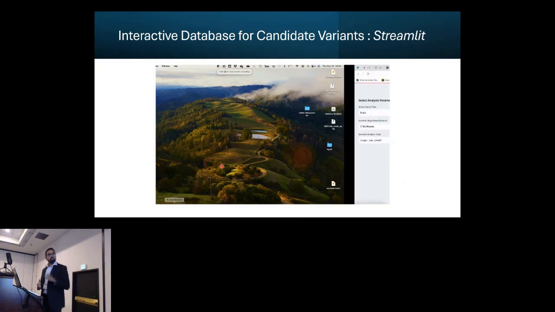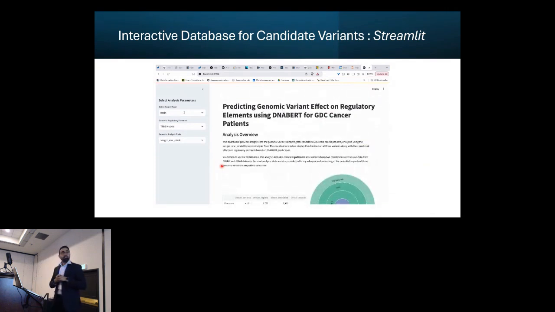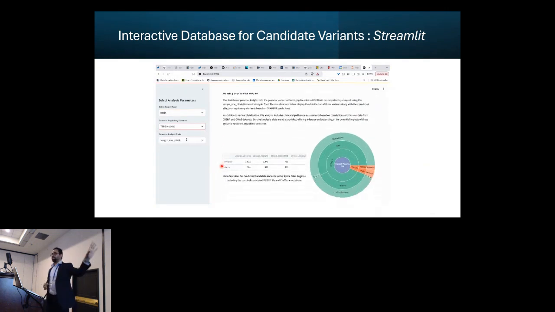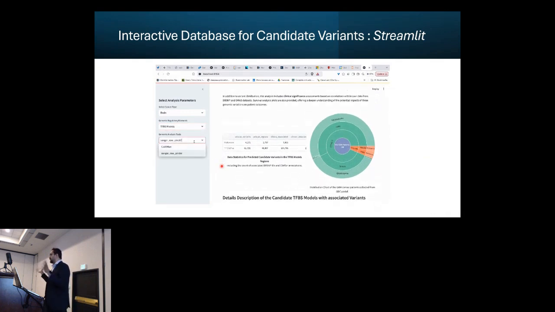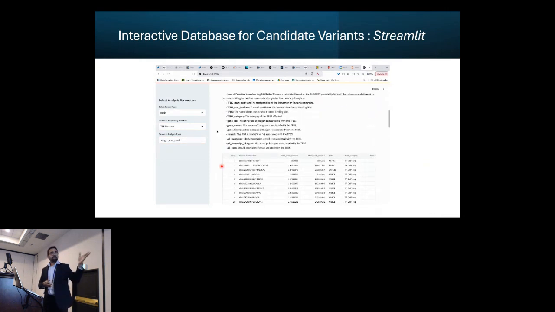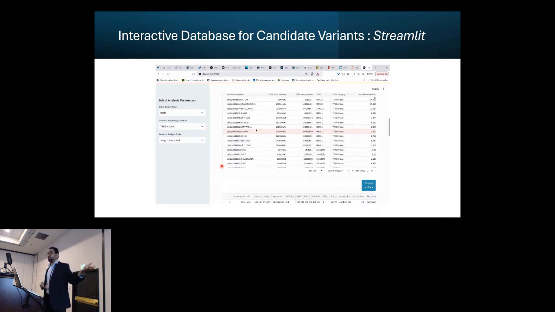So though we created the candidate variants, we also created one database, as we said. We created the database, but we did not publish it yet, because we are still preparing and submitting the manuscript. But the database is already completed, where we can show what candidate variants we found,